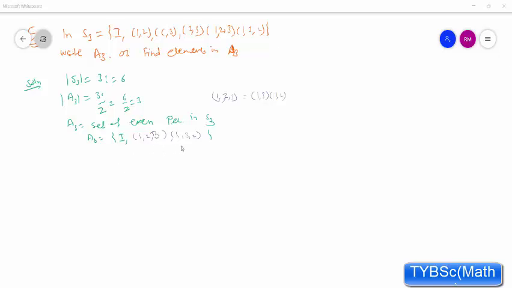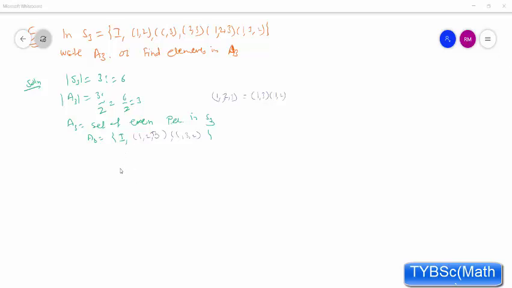If we take the product of these, the inverse of (1 2 3) is this one, (1 3 2), because the inverse of (1 2 3) is (3 2 1), meaning 3 goes to 2, 2 goes to 1, 1 goes to 3. The inverse of (1 3 2) is (1 2 3). The identity element is also present. The closure property is also satisfied, because if you write the composition table of this, or take the product of any two elements in this, it comes in this set A3. Closure is satisfied, associativity is also satisfied. That is a good homework for you.